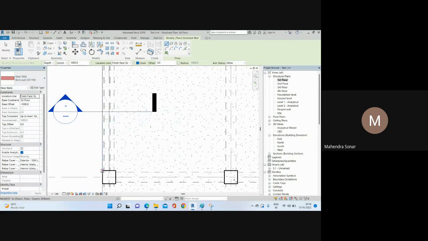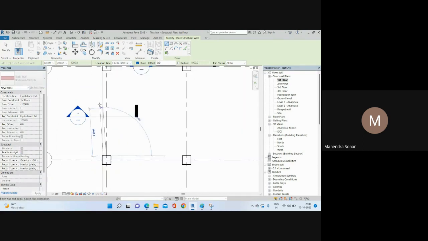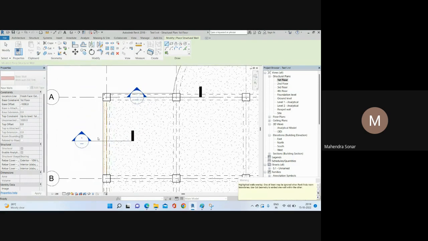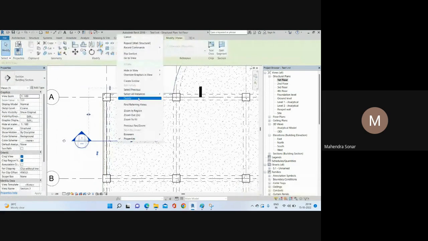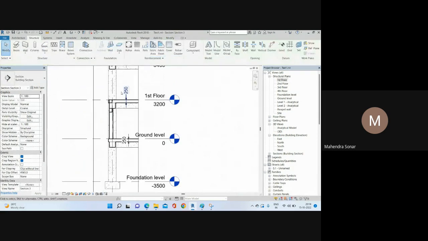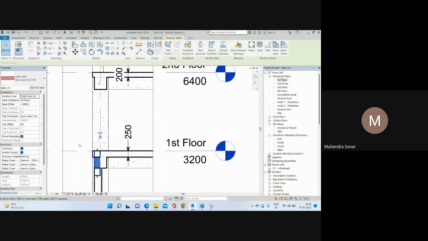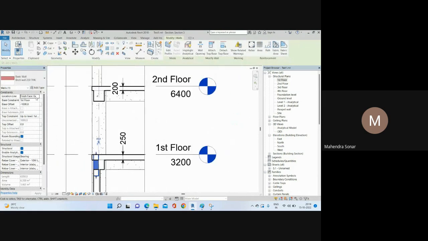After that, you have already fixed here exterior face. Then you need to add the brick wall from this point to this point. Okay, so if you go to the view, so where is your brick wall? Yeah, so this is the brick wall. You need to give the parameter. So you can see the base constraint is 1 meter, first floor, and top constraint is I have changed second floor. So this offset I have given here 0,